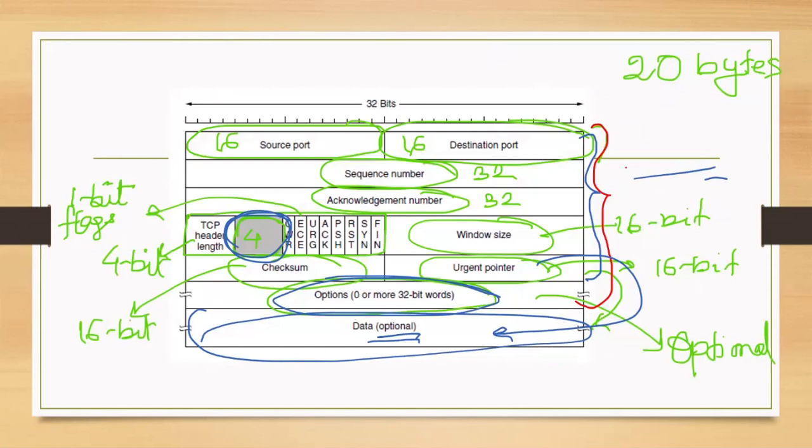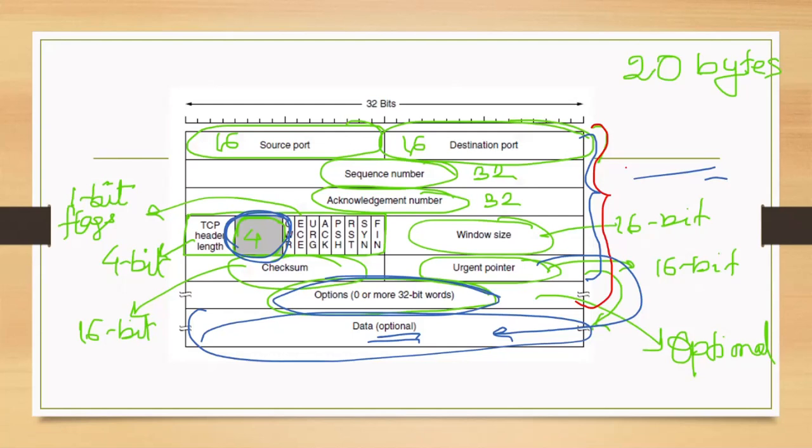buffering may be there or buffering may not be there. So if the application wants to send some data urgently to the receiver, then it will inform the transport layer that this data is urgent, send it fast. So what will the transport layer do?